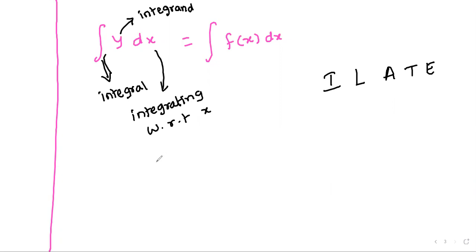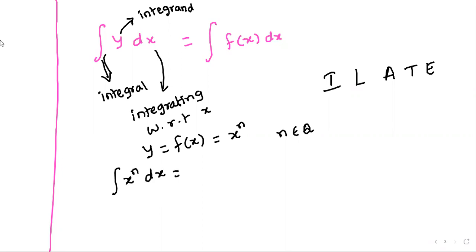Suppose let us consider y is equal to f of x, that is equal to x square. Even in differentiation, I started with the algebraic function. Here also I'll start with algebraic. Let us consider this as x power n, where n belongs to the set of rational numbers. It can be a positive integer or it may be a negative integer. So, integral x power n dx.